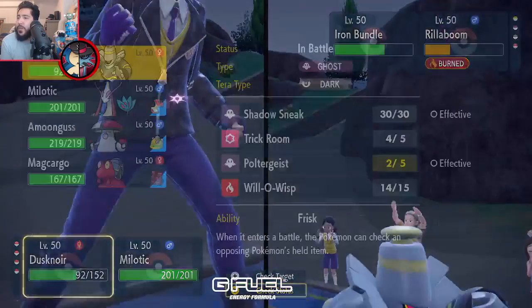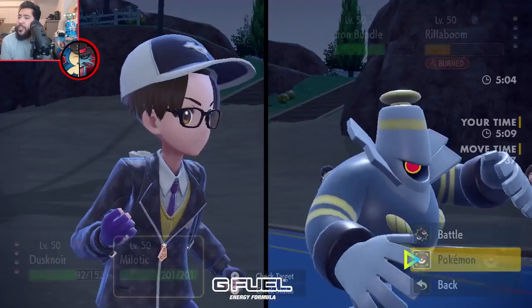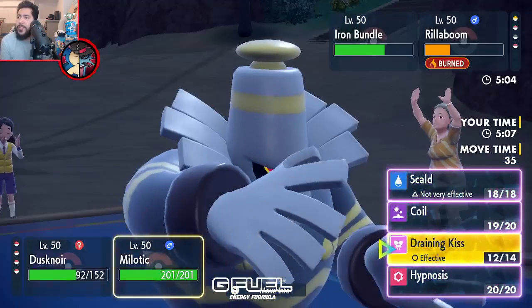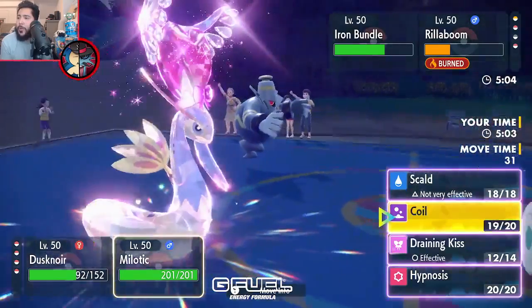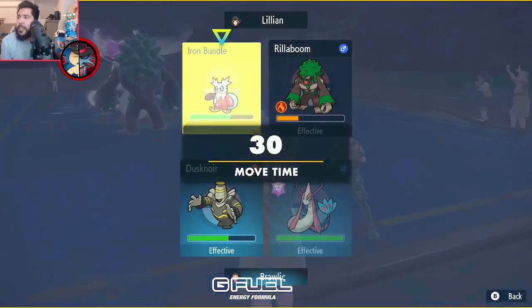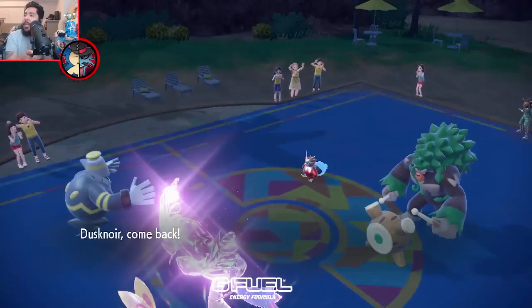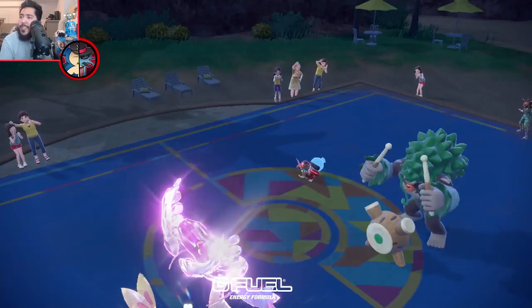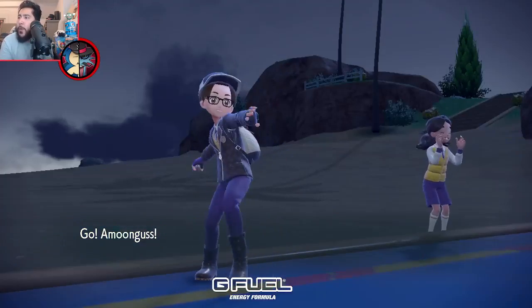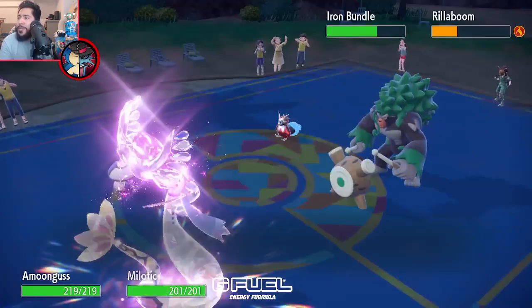I have not been taunted. I think I'm okay to switch into Amoonguss here. Save the Dusknoir. And I will go for another Draining Kiss into the Iron Bundle slot, because the Rillaboom just can't break any of my Pokemon. So if I can just be consistent here, I don't have to force the Trick Room not coming out here. And even if they taunt Amoonguss here, I still just have...